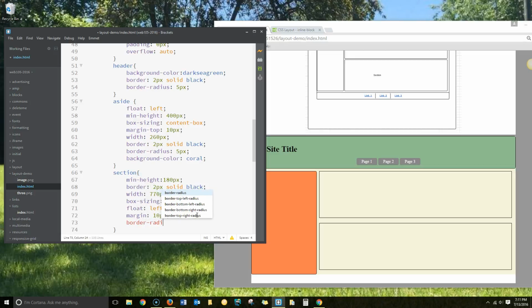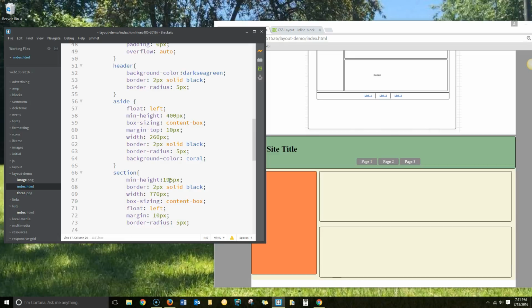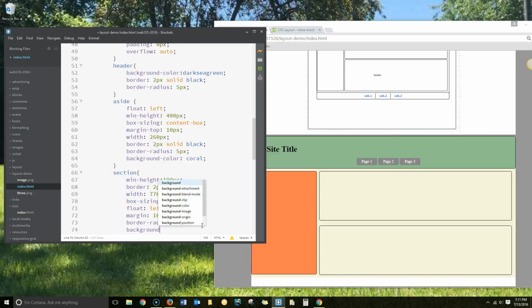Border radius 5 pixels. Good enough. And then background color,